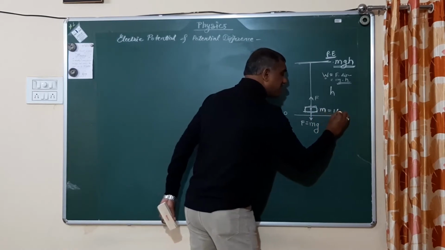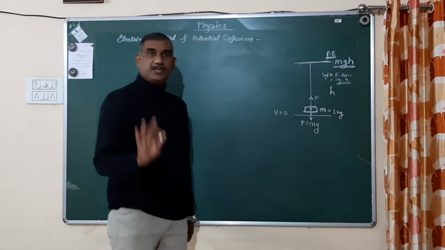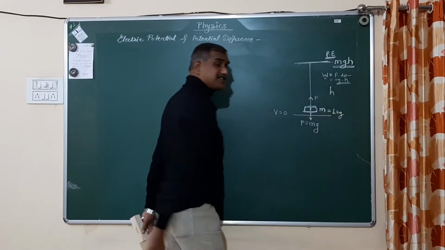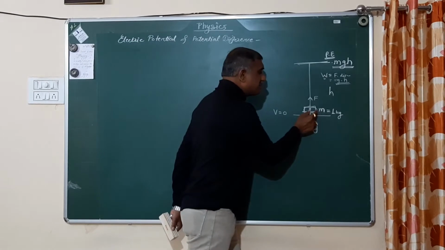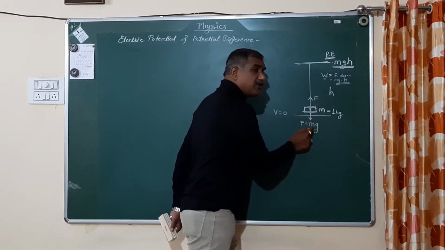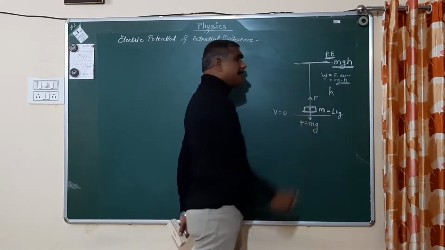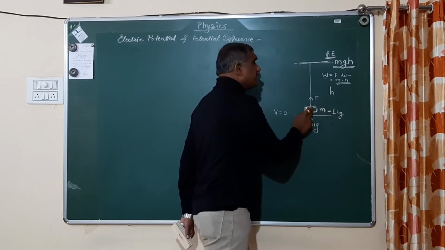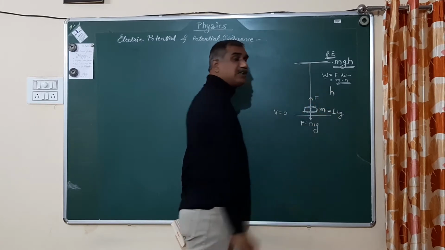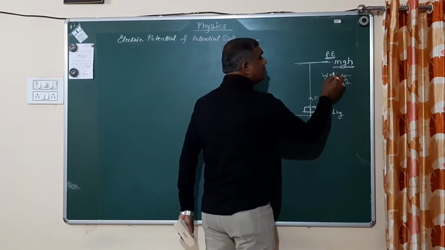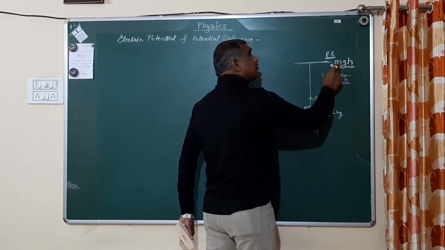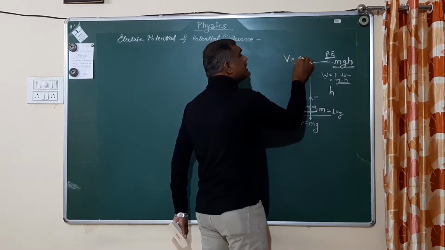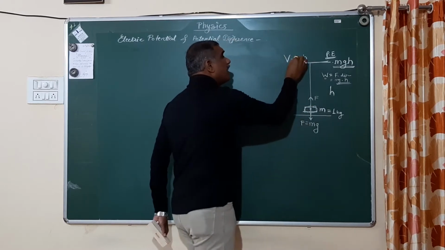If I consider the mass of the object to be unit mass, that means if you are considering the SI system, then the mass is equal to 1 kg. If the mass is equal to 1 kg, the downward force is exactly equal to 1 into g. Then to lift that duster, I have to apply the force 1 into g in the upward direction. If I lifted that duster through the height h, how much work have I done on that duster? That work is equal to 1 into g into h, and that will be called the potential at height h, and that is exactly equal to 1 into g into h.